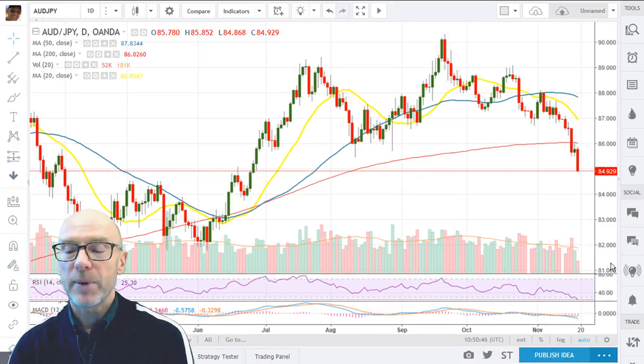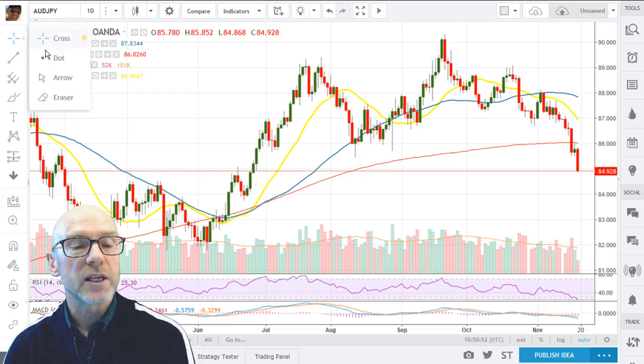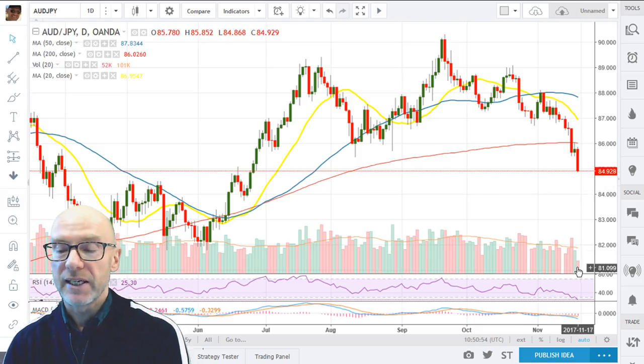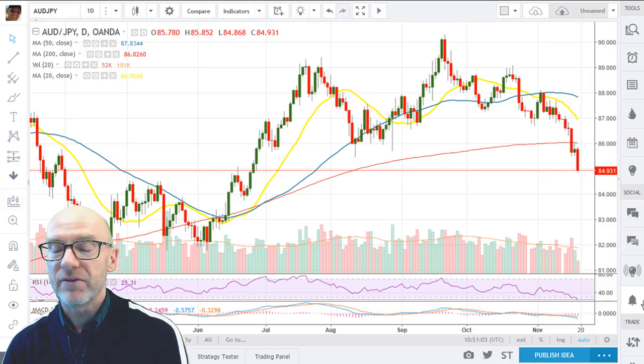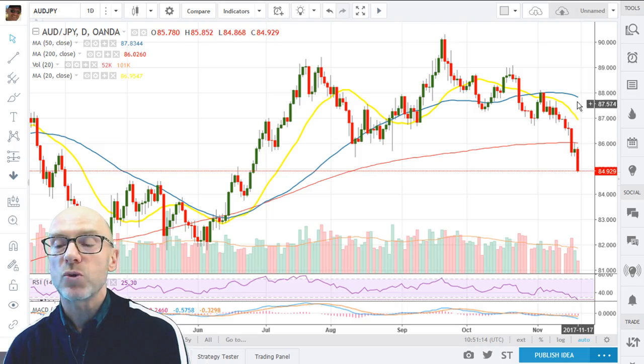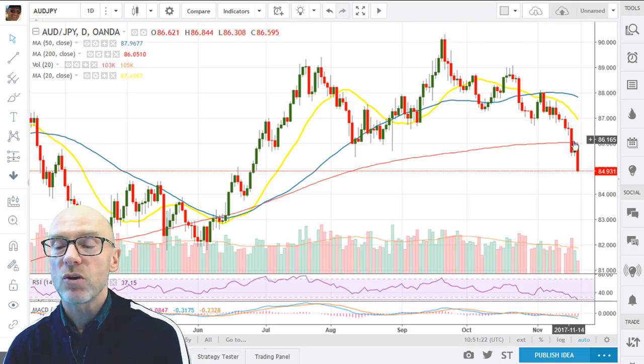Moving on to the daily picture, with today's decline, that's taken the Aussie dollar into oversold territory. The RSI is down at 25. The MACD as well is well below zero, and it just looks slightly overextended away from the moving averages, particularly the 20 and the 50. Be aware though that they are tracking downwards, and that also the 200-day has now rolled over, and so will be a first resistance point at